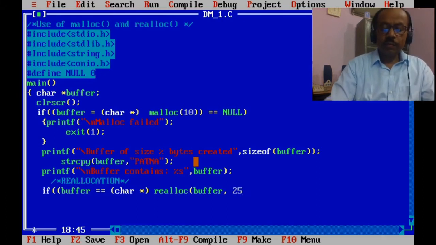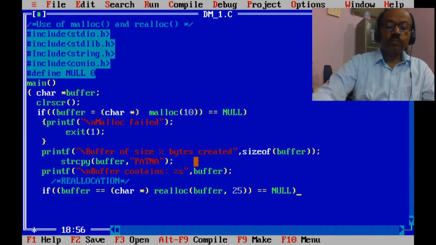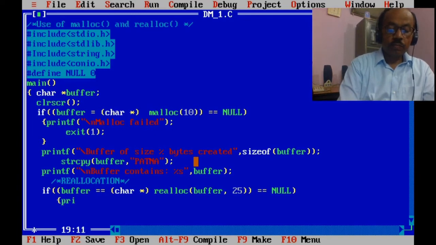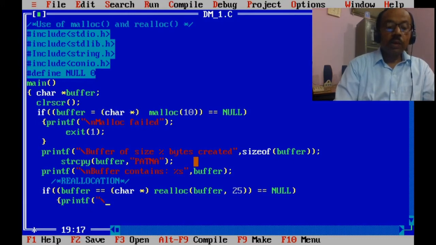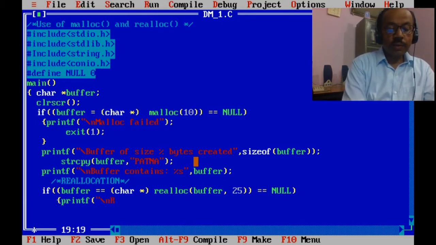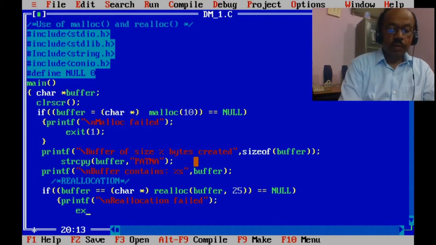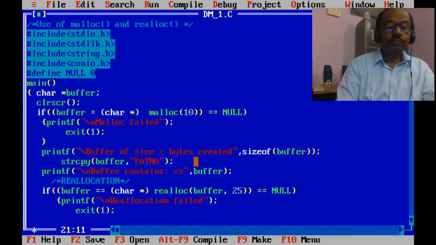So directly we may write NULL. Printf: if it fails, then this message will display, reallocation failed. Otherwise it will move forward. Exit 1.